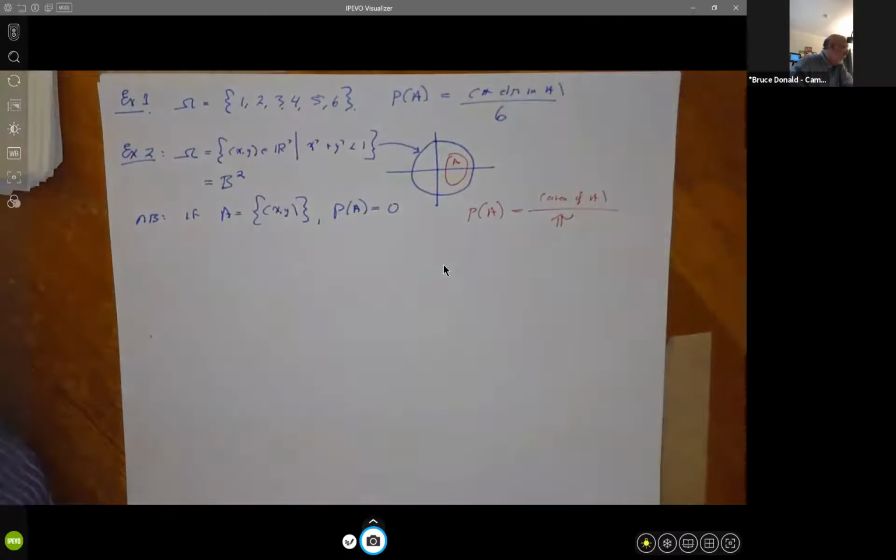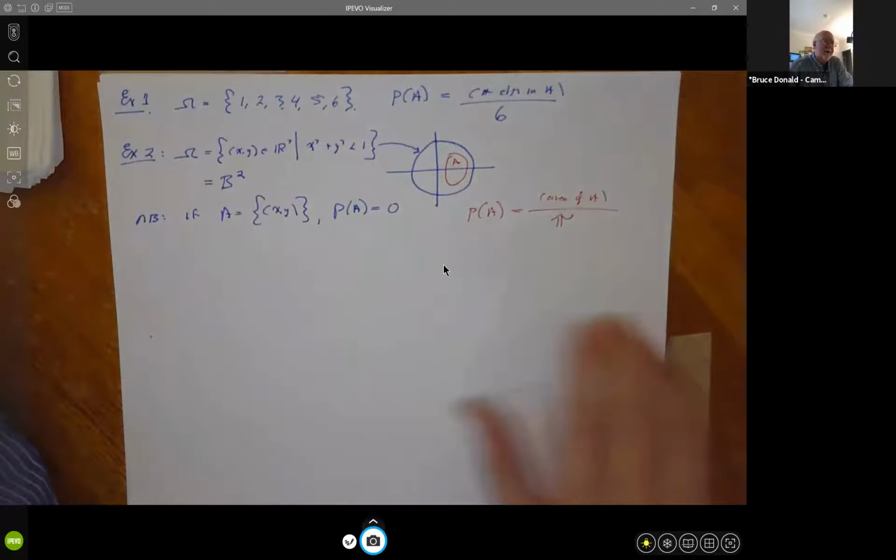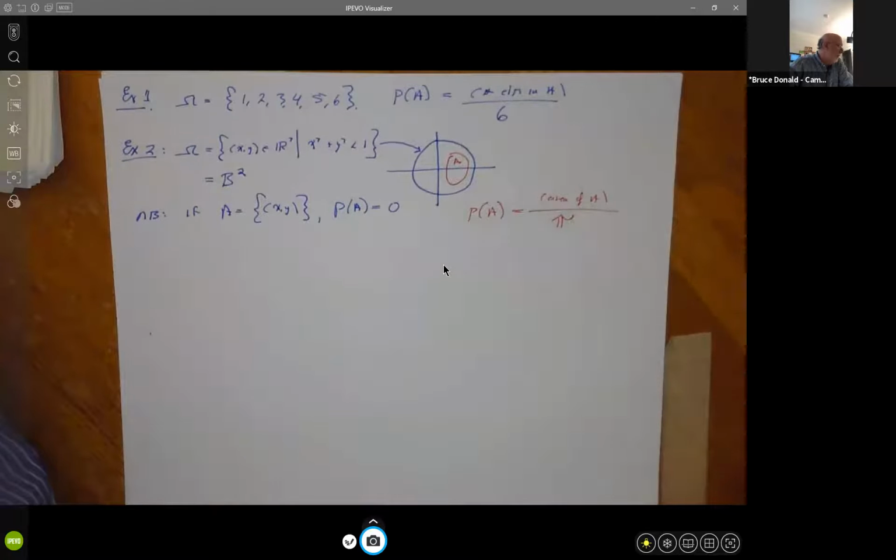All right. Now, you might ask, okay, that's great, I sort of see the idea. What if you take an arbitrary subset of the disk, and we've made some pretty crazy subsets in our time, even in this class, is it possible to always assign a probability to it? And the answer is, in this class, yes, but in general, no.